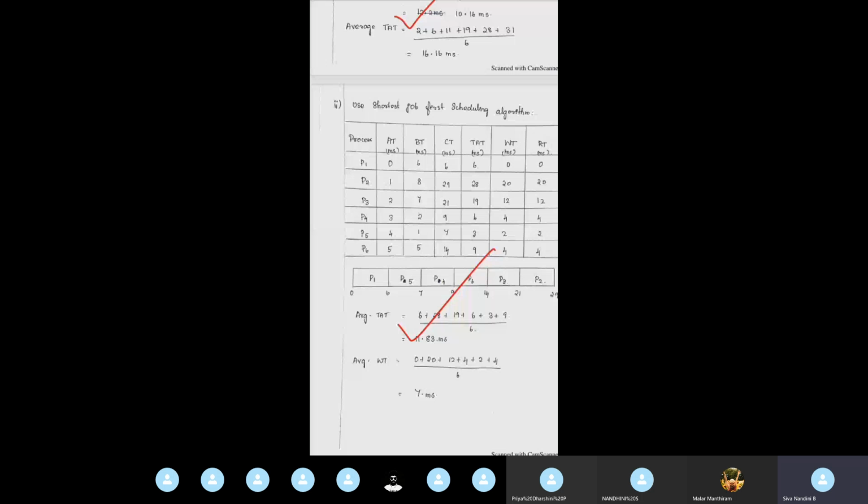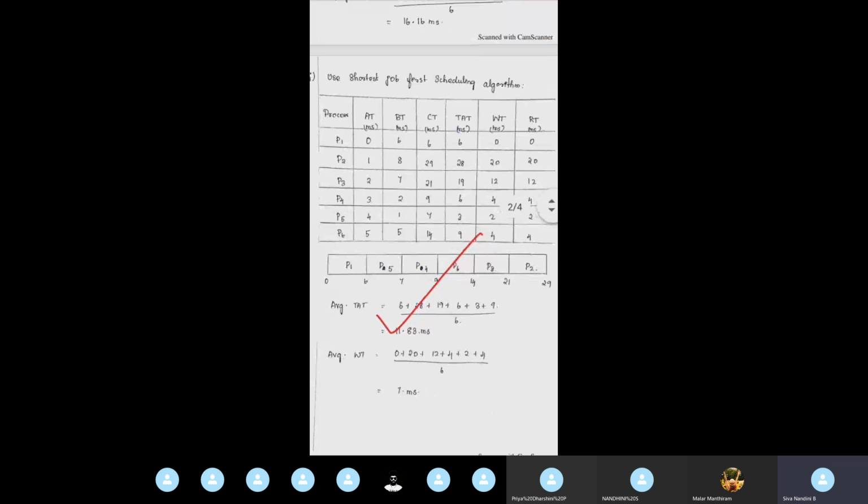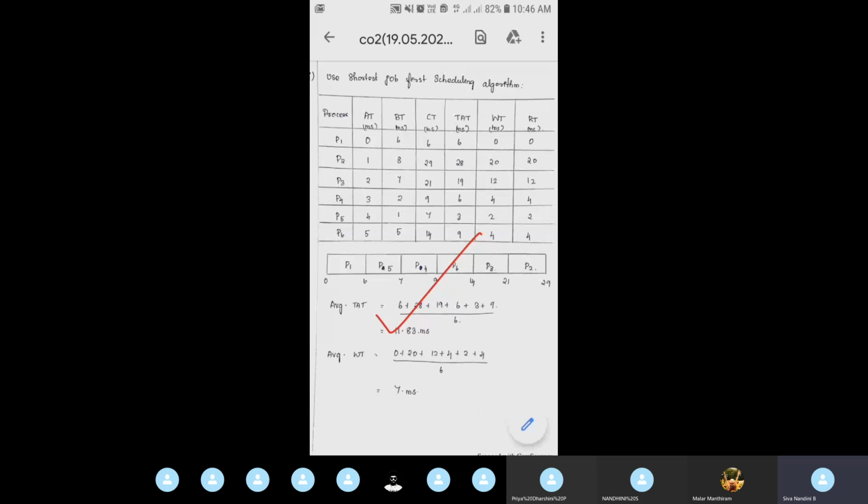So only after completing that process execution, other processes may execute in the CPU. After completing the first process which arrived in the system, because in shortest job first, at the 0th point of time we will have only one process, maybe P1, in the system. So that process only will be executing. After its execution, depending upon the time, we'll be comparing the burst time of the processes. Whichever burst time is smaller, that process will be executing in a sequential way. That is by using the shortest job first algorithm.